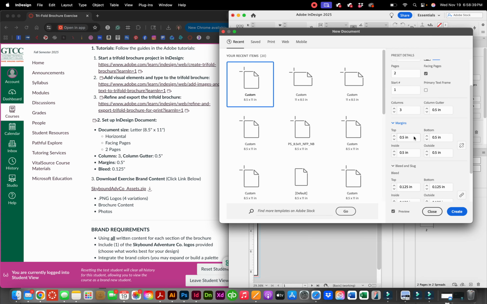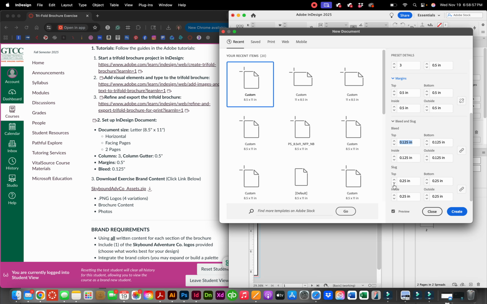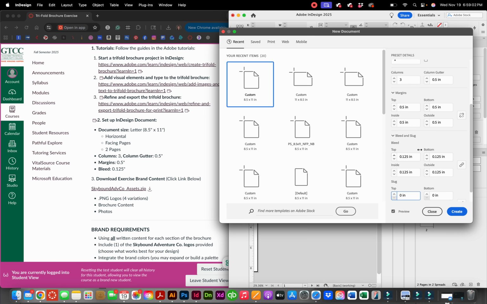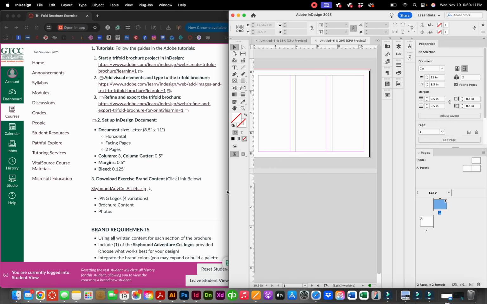All right. Now your margins, those are also going to be 1/2 inch. And you are also going to set up a bleed for this project. So do set up a bleed, which is 1/8 of an inch. And if for some reason you have slugs, please take that off and make that 0. You are only putting in a bleed, all right? So now I'm going to hit create, and you will see that it has created